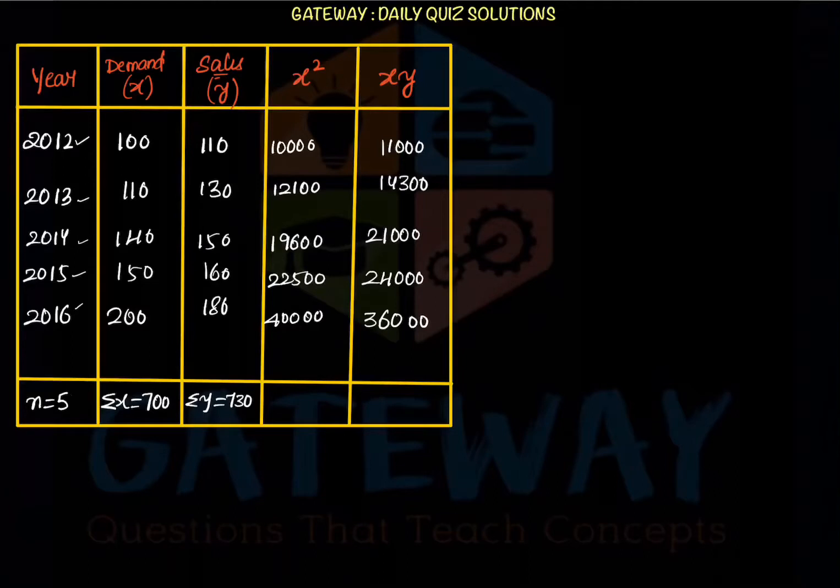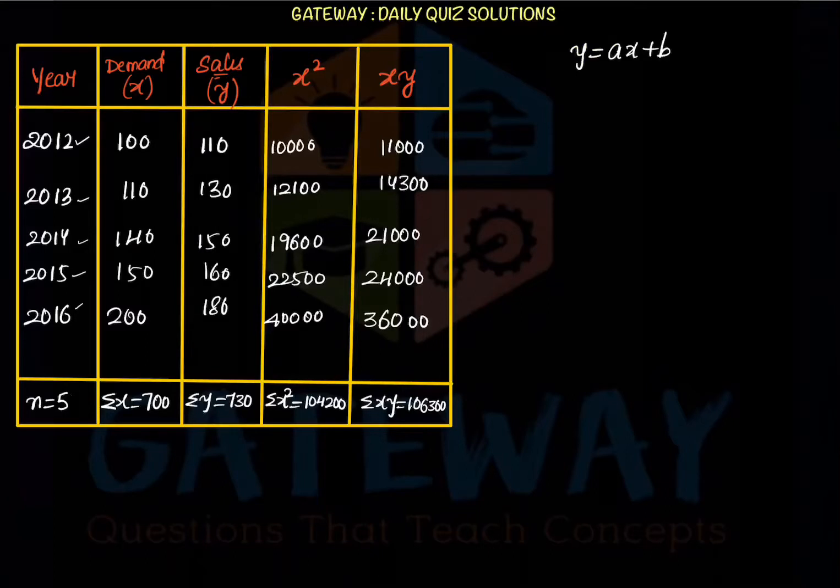36,000. And now we need to make the sigma x square, and that comes out to be 104,200. And here we want to make the sigma xy, and this comes out to be 106,300. Why we made this is, for us it is a relation y is equal to ax